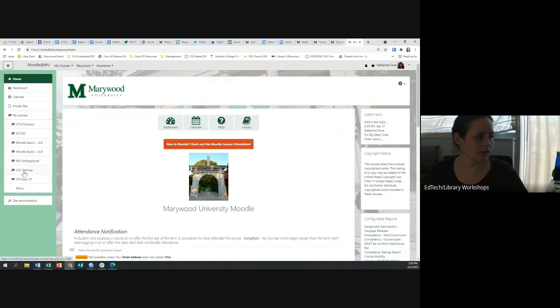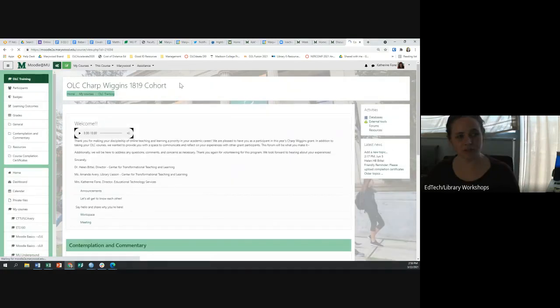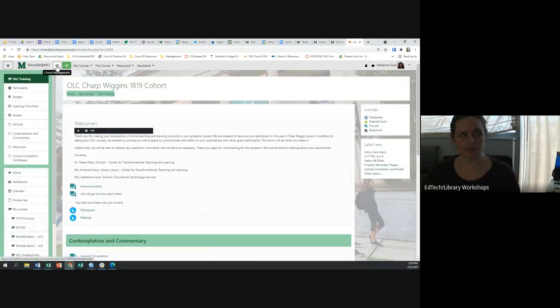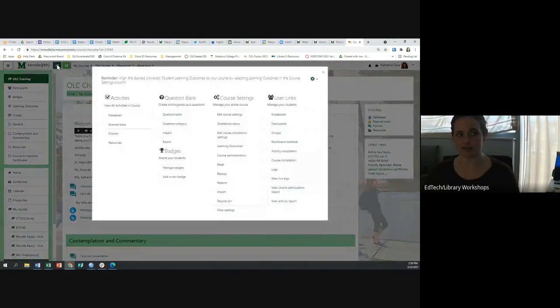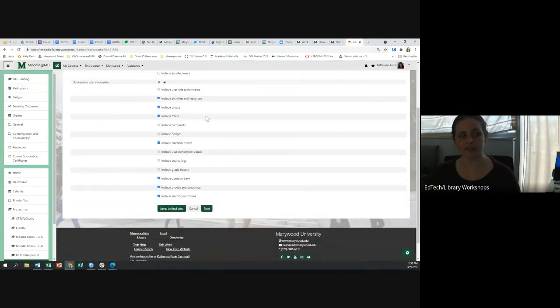So from your course, once you're in there, whichever course it is, you're going to hit your course management gears icon. And then under the course settings column, you're going to hit backup. All right. Under the backup settings, if you're just backing everything up, you can hit jump to final step and